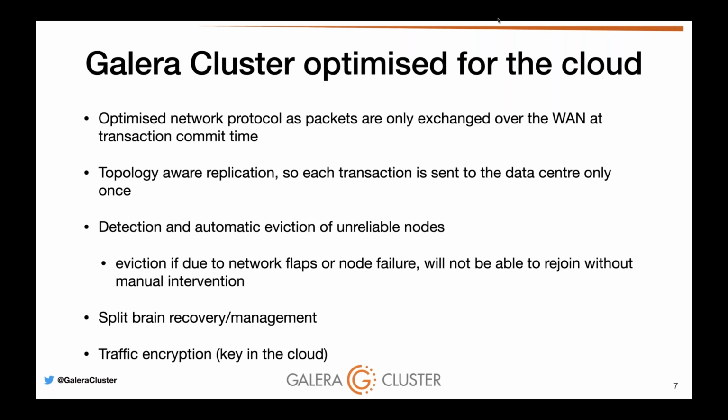Galera is of course fully optimized for the WAN and the cloud. Packets are only exchanged over the network at transaction commit time. So in DigitalOcean you have many regions, right? You can have Singapore, San Francisco, and if you had a multi-region cluster, it will not send everything across all nodes, not all 9 nodes. It will only send it across to one elected node on the remote data centers. So you can have up to 3 data centers, and then you have an extremely highly available